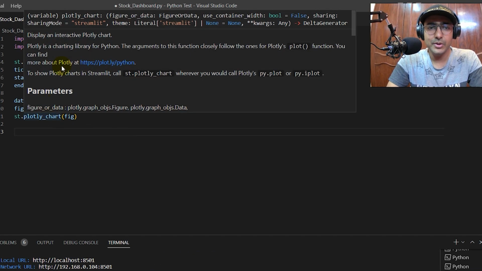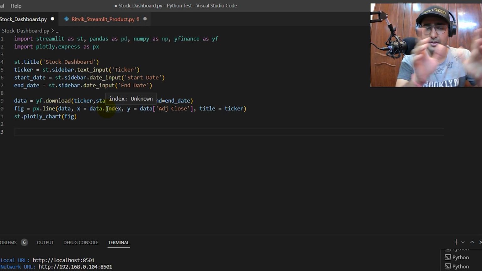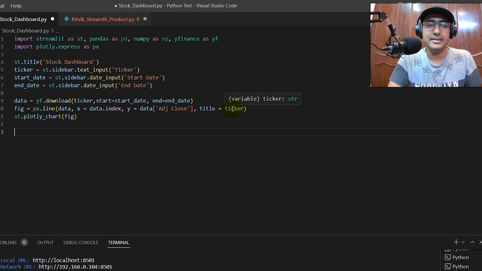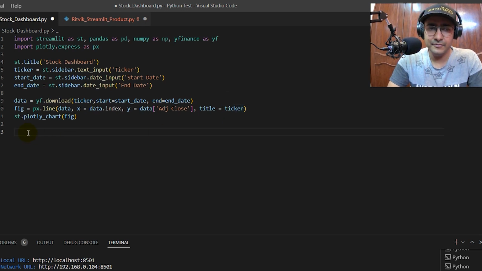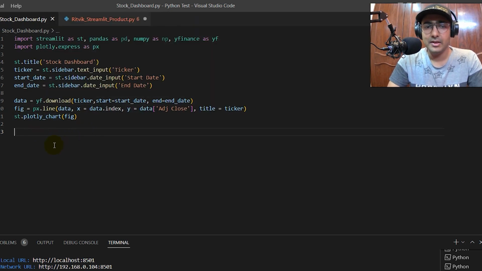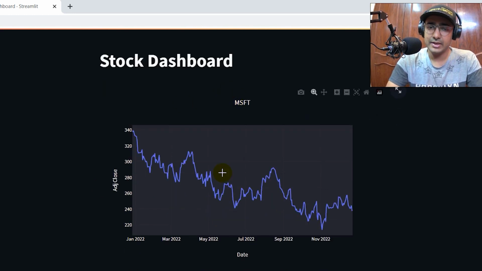So I've used plotly.express as px.line, and then I provided data inside it. X is data.index, which is date. If you remember, on that data frame we had date, and Y is data adjusted close. The title is ticker, which is MSFT, right? Apple or MSFT, whatever the ticker is, it will be the title of that chart, and we are using st.plotly_chart and that figure. If we save it and go here, you can see the MSFT chart here in front